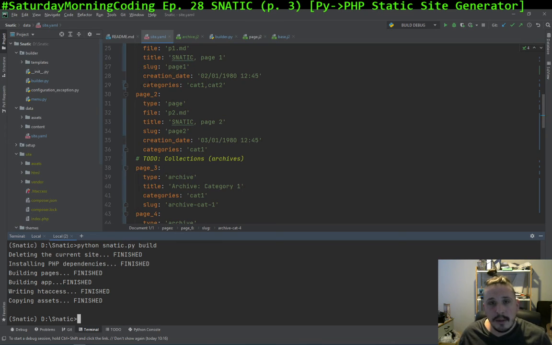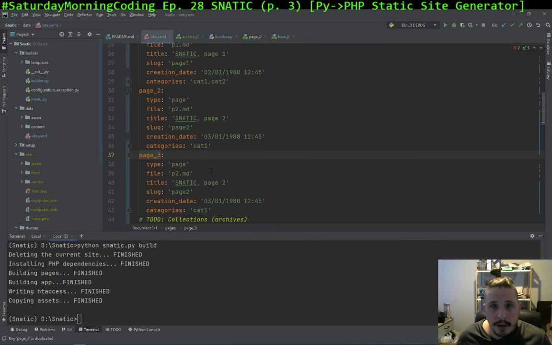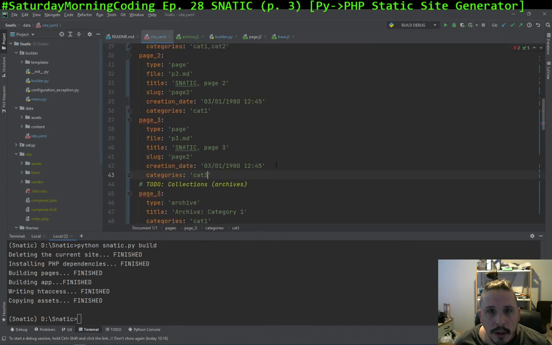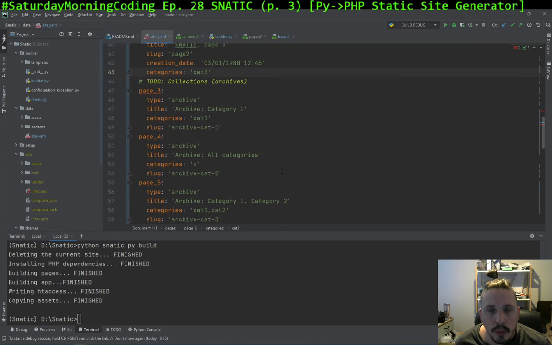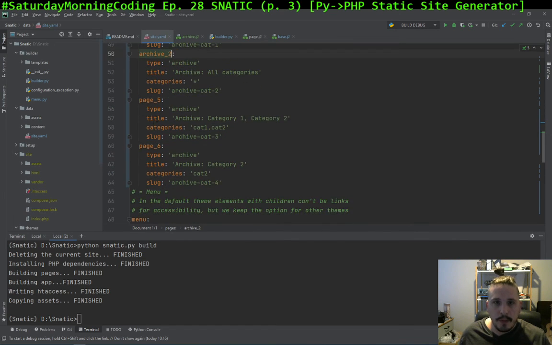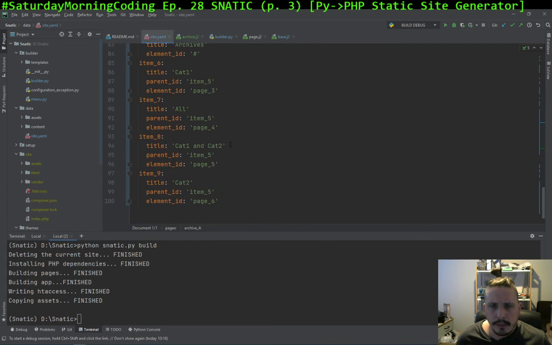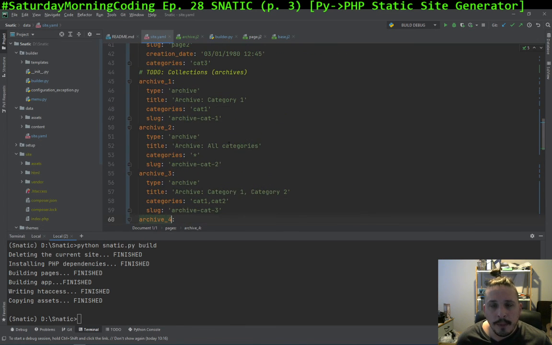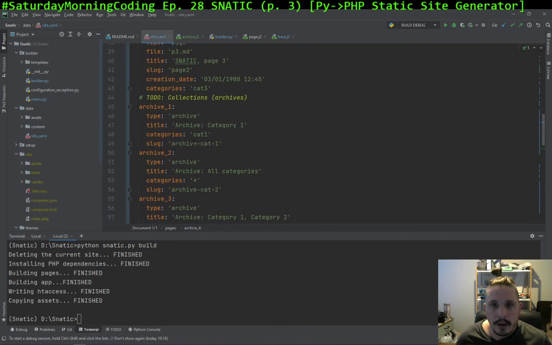The last thing that needs to be done is create a new page and assign the category 3. Page p3.md, SNATIC page 3, categories category 3. What page 3 is the one activate 2, activate 3, activate 4. Activate 1 is cat 1, so